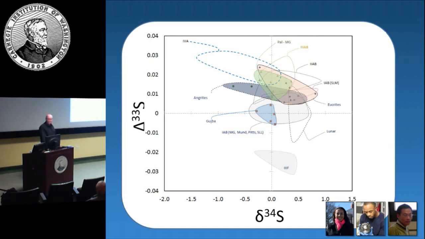So it was chosen as a standard in the 1950s. And there's several levels to it. Different people have done measurements, and when they first started measuring anomalous compositions in terrestrial samples, one of the hypotheses was, well, maybe Canyon Diablo was anomalous relative to Earth. That didn't turn out to be the case.